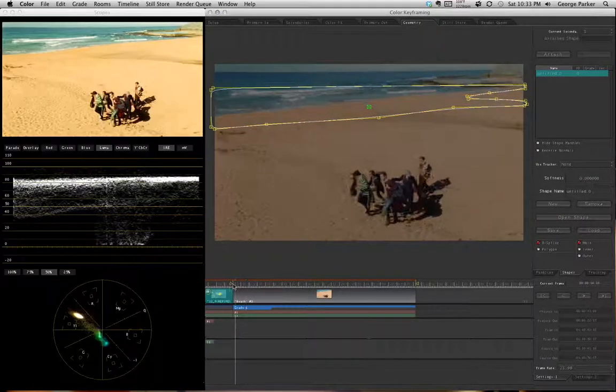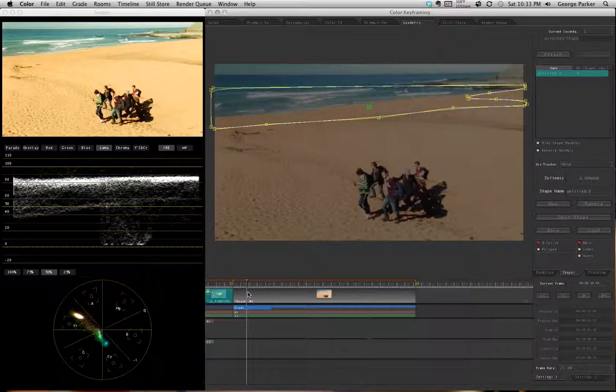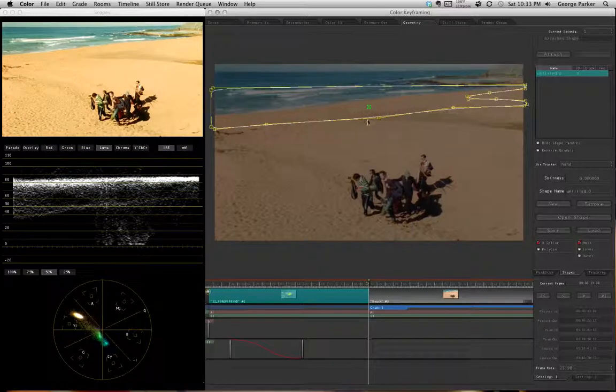Make some strange noises to maybe make this a little less boring to watch me do this. And I will close the shape, and there I have my matte. And as I scrub this, you'll notice that, oh my gosh, it's not really going to stay where I want it. So let me start with frame 1,